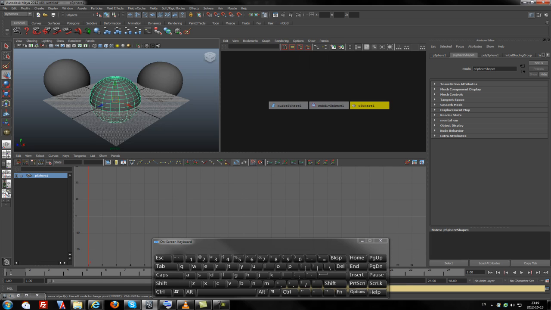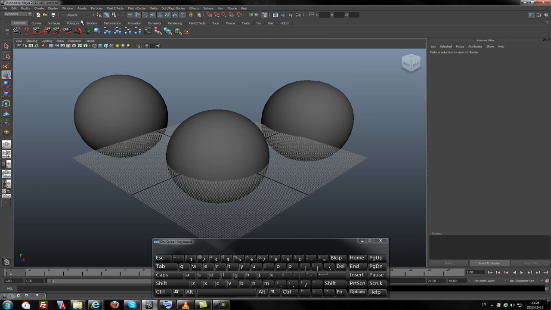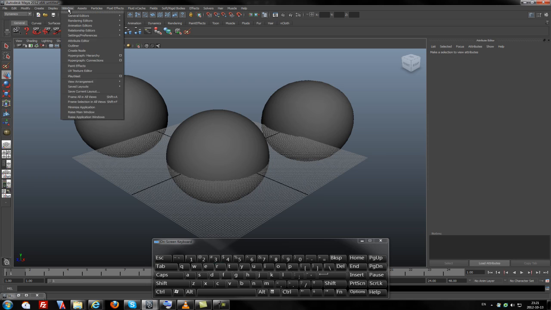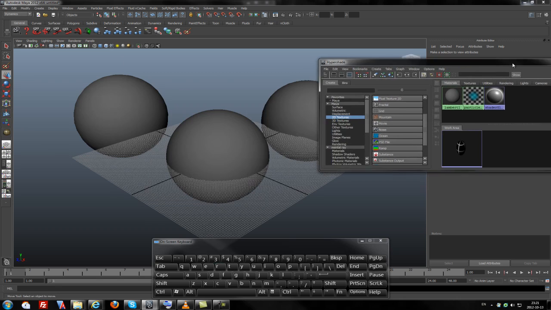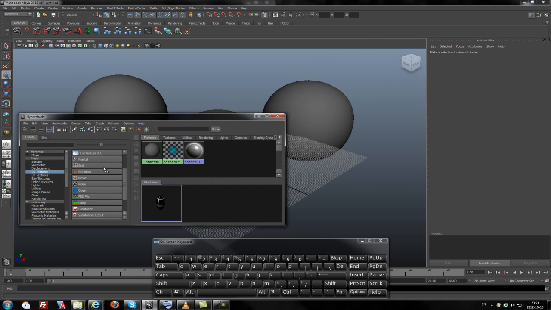As I showed in previous tutorials, there was a hypershade button to assign the materials, but in my case I don't have it here, so I will go to the rendering and hypershade